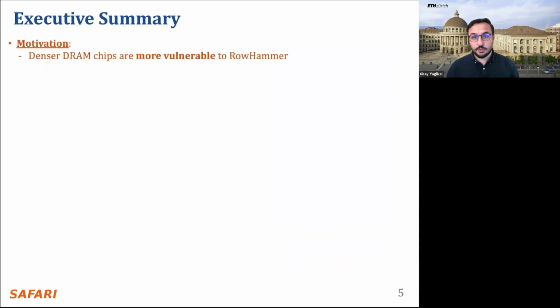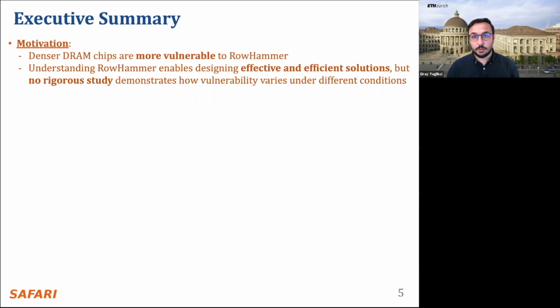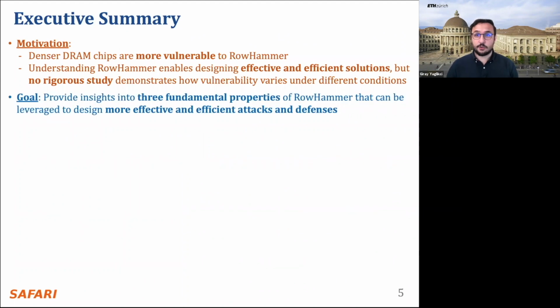And denser DRAM chips are more vulnerable to RowHammer today. Understanding RowHammer is critical to find effective and efficient solutions. However, no rigorous study demonstrates how this vulnerability varies under different conditions. In this work, our goal is to provide insights into three fundamental properties of RowHammer that can be leveraged to design more effective and efficient attacks and defenses. These three properties are DRAM chip temperature, the time that an aggressor row stays active during an attack, and